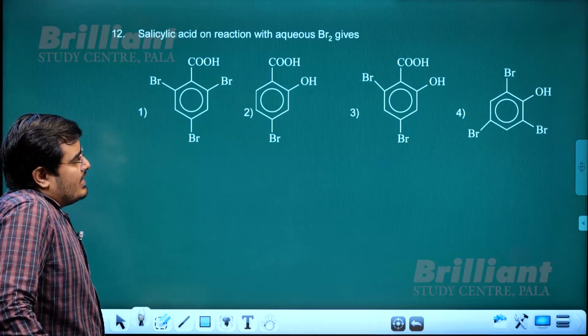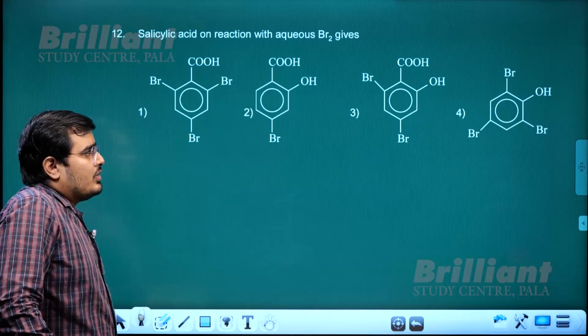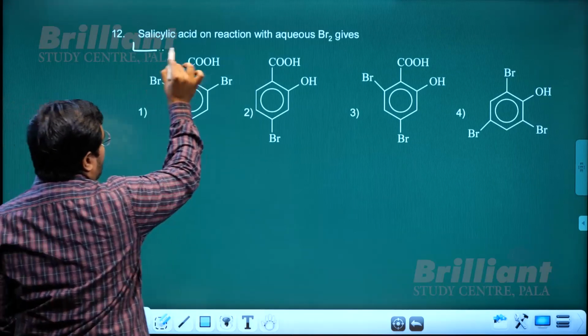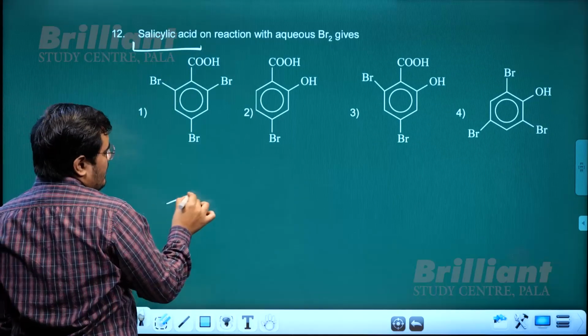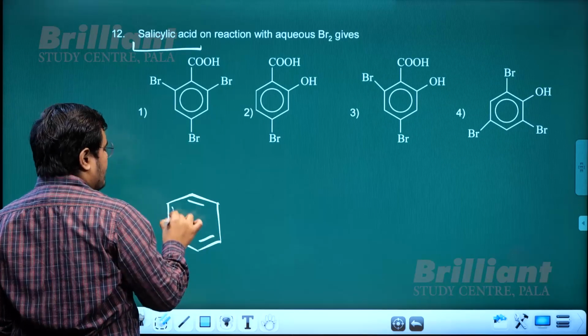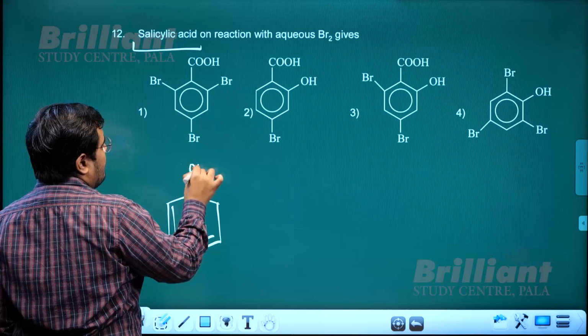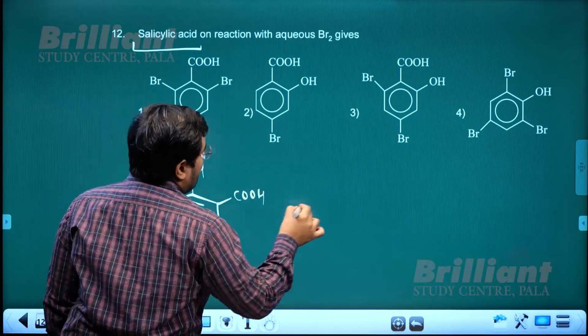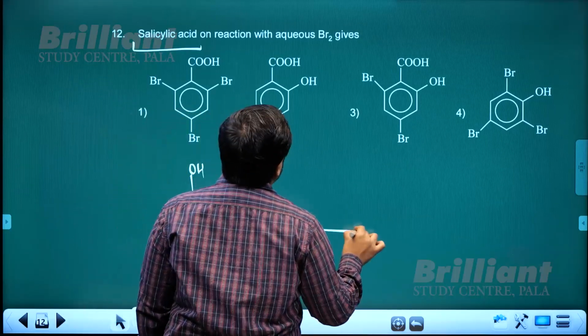Salicylic acid on reaction with aqueous Br2 gives... So again here the common names become most important. Salicylic acid will be ortho-hydroxybenzoic acid. This will be OH and this will be COOH. If you are treating it with bromine water,